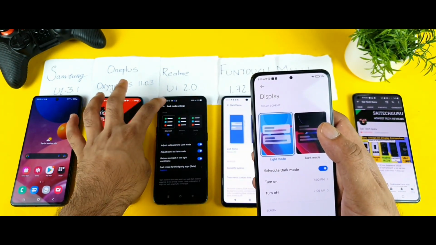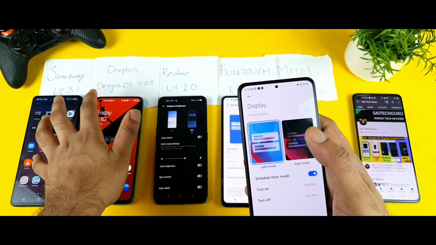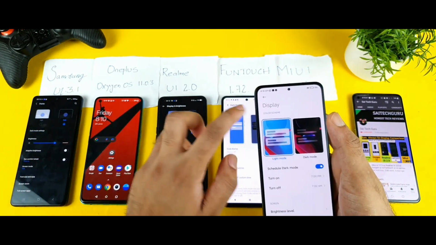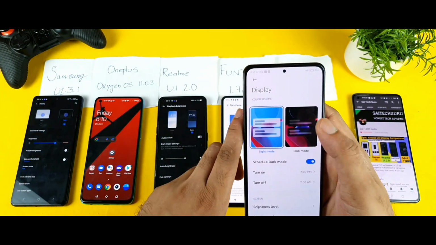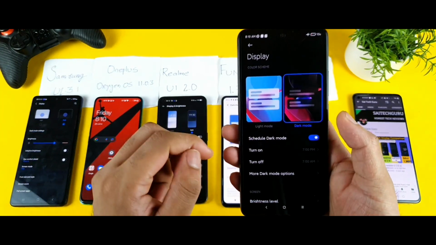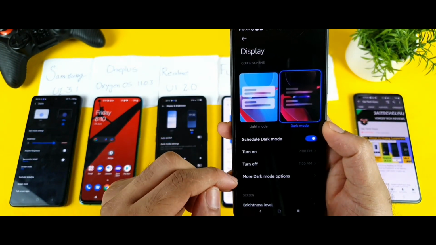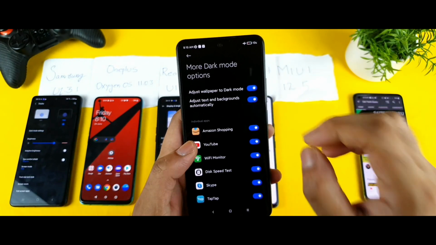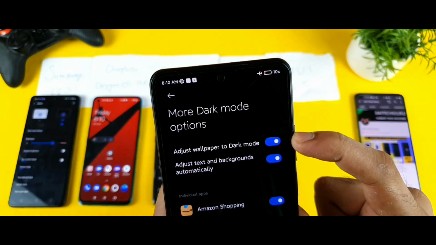Only two phones, I think only three phones, have this kind of similarity: the Samsung UI, the Realme UI and the MIUI. They have the first option as dark mode. That's a good thing. Once you enable that, you get the scheduled dark mode turn on and off. There are direct options where you select the timers. That's really good. And even in this, you do get the option to adjust the wallpaper to dark mode,